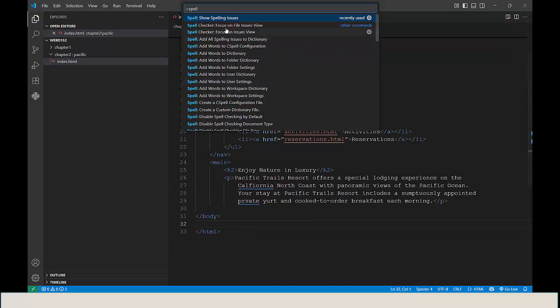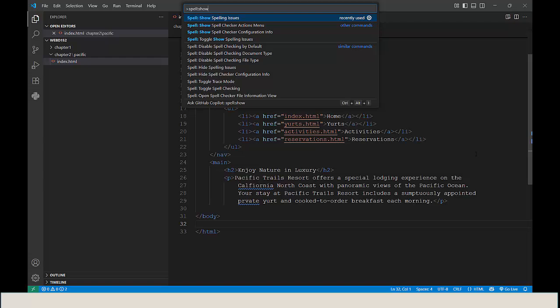And the first one that comes up for me is show spelling issues. So you can go ahead and type in show spelling issues if it doesn't come up, and make sure that this is selected. This will force a recheck of the file and display any misspelled words. To correct these errors,